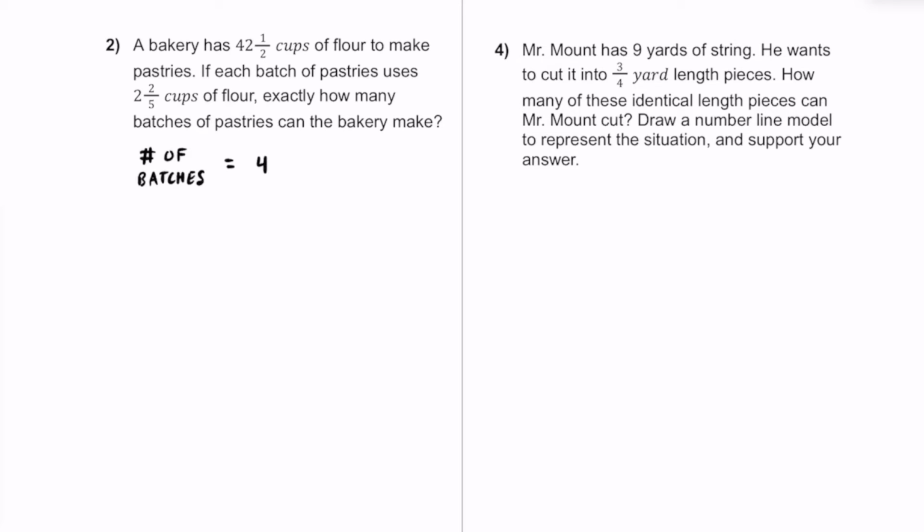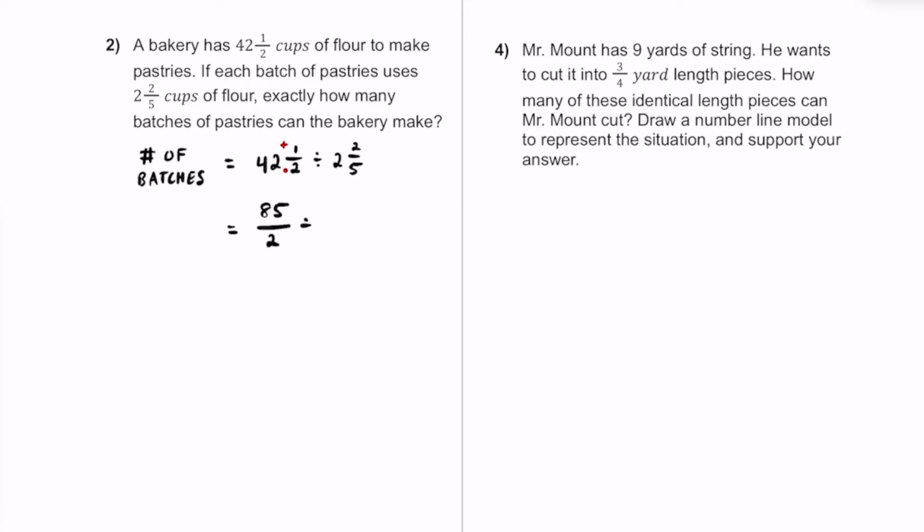So if we go ahead and take this 42 1/2, and we divide that by the 2 2/5, that'll tell us how many times the 2 2/5 is going to fit in here. All right, so when we're dividing fractions, let's turn these into improper fractions. So 42 times 2 is going to be 84. 84 plus 1 is going to be 85. So we have